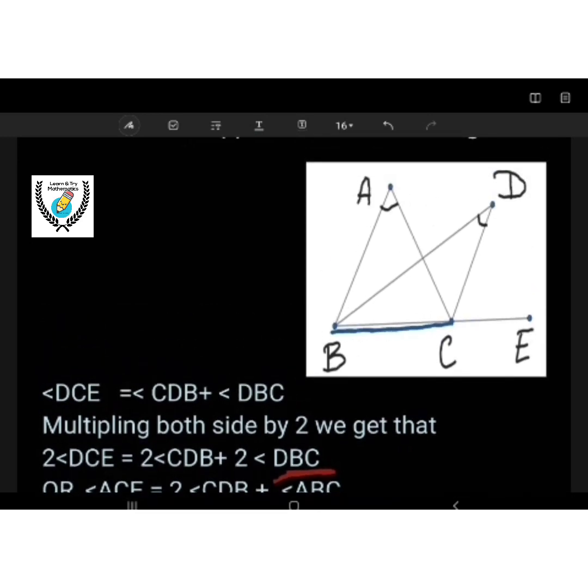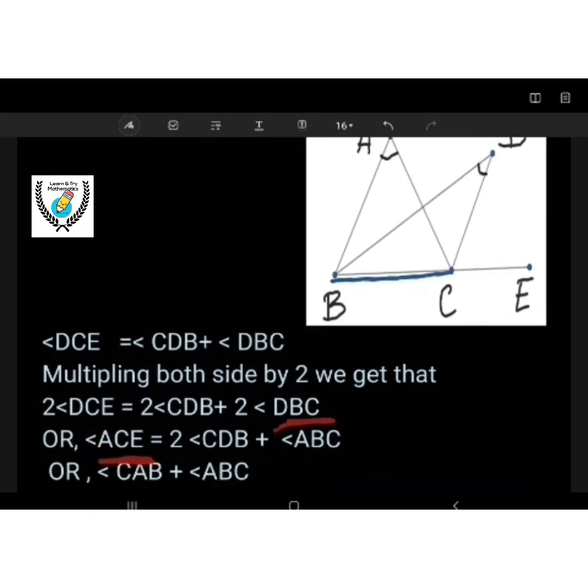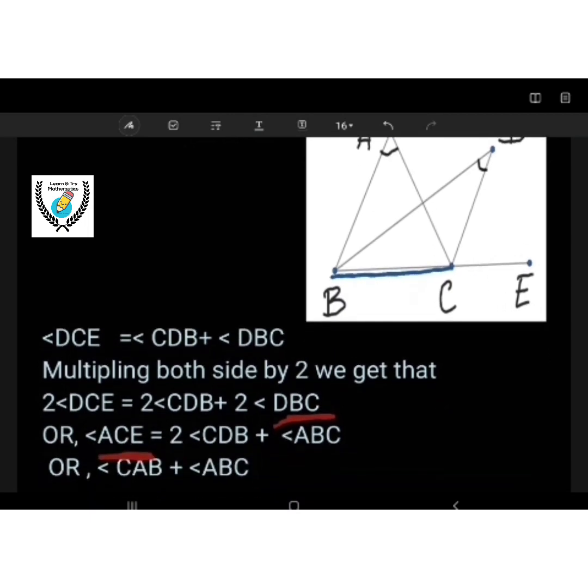Here ACE means the sum of these two angles, CAB plus ABC,